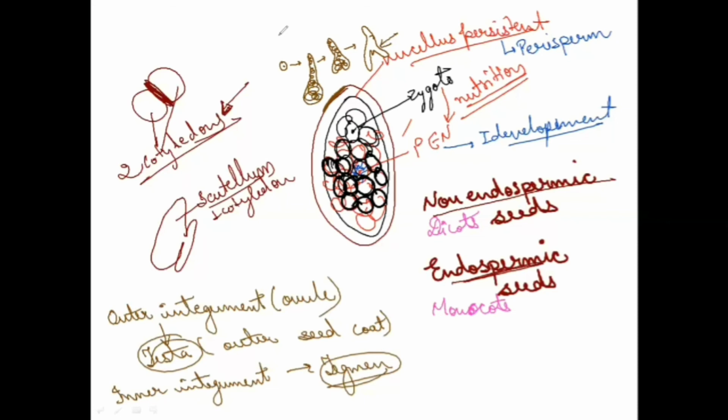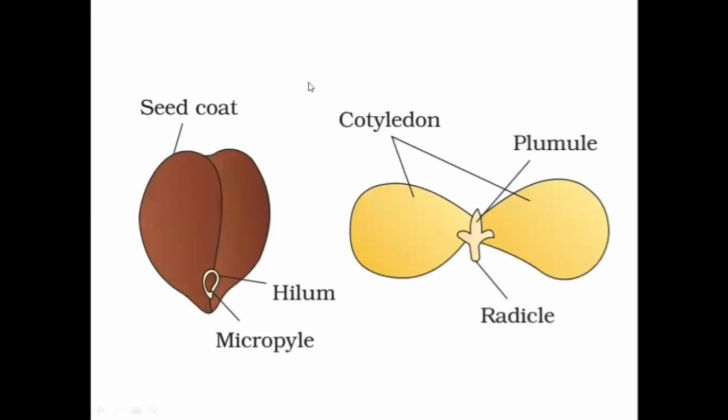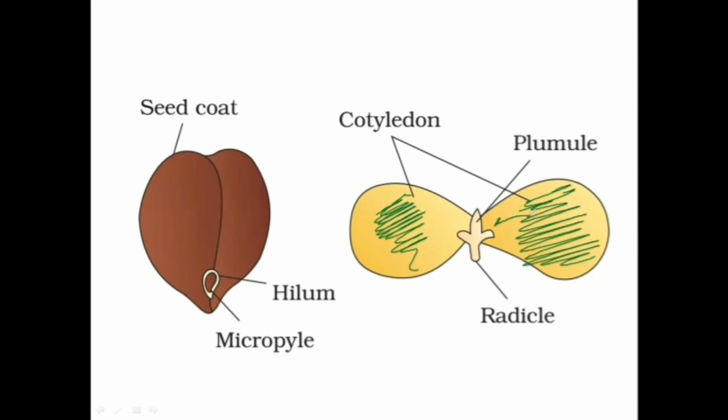So now let's see the two seeds formed in monocots and dicots. Now the first one we have is of dicots. Clear? Now here what you can see, these are the two cotyledons, they will have the stored food completely in them. This is all stored food they are having, which will be provided to the developing embryo. Now, this is the complete embryonal axis.